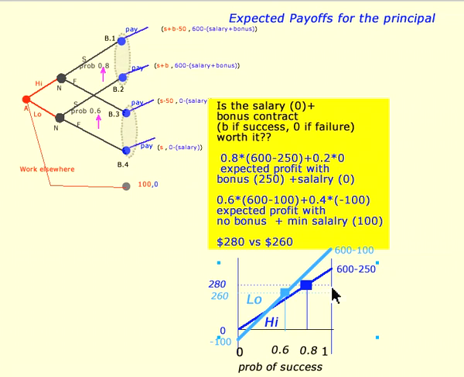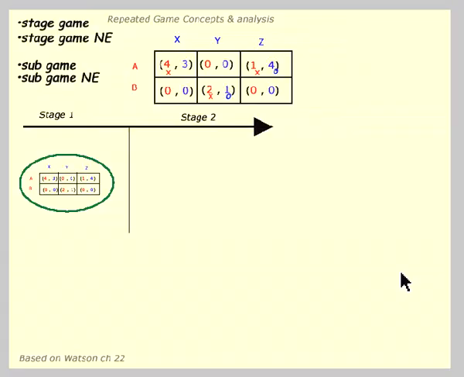Okay, so now we're going to move on to introduce the finite repeated games as we discussed in class here. So we're going to move on to a slightly different topic, which is called repeated games. Now, if you remember the 6 questions, one of the 6 questions was, is the game repeated or not? And it turns out strategies in repeated games are quite different than in one-shot kind of games.